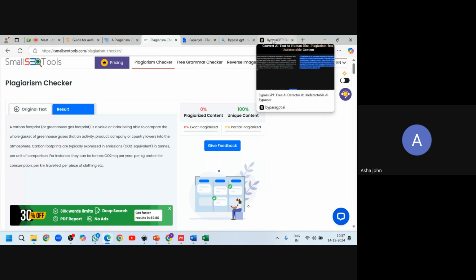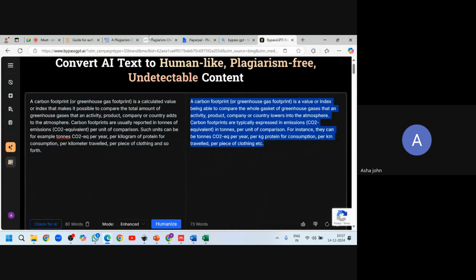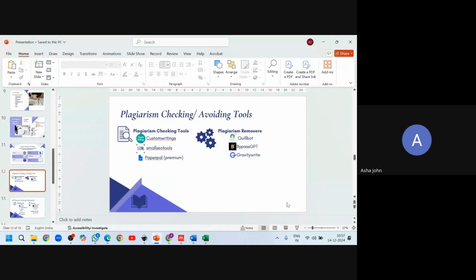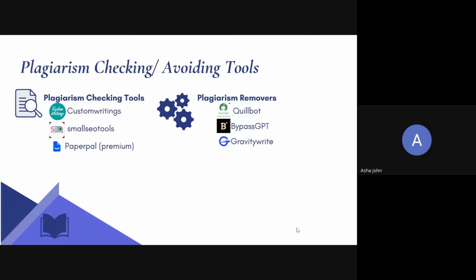After using the Bypass GPT, after humanizing the content, or after removing the plagiarism, you can see that the content is showing 100% unique, where it was 97 to 100% plagiarized content when we directly submitted from the Wikipedia. So for you to do the work or research paper, you will collect information from many places. It's not like every content you are making on your own. You always read many papers and summarize something to create something on your own.